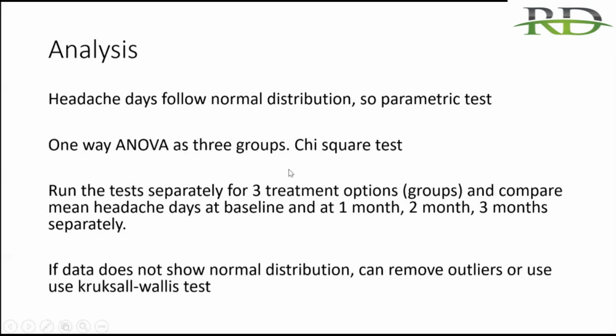रिस्पॉन्स। तो 1 month पर 3 ड्रग्स हैं, we can see good response, bad response at 1 month between the three drugs. आप इस पे ये लगाएंगे कि क्या रिस्पांस ड्रग डिपेंडेंट है कि नहीं, तो काई स्क्वायर लगेगा। दोनों लग सकते हैं, अनोवा भी और काई स्क्वायर। रिस्पांस के लिए ये अलग लगेगा।